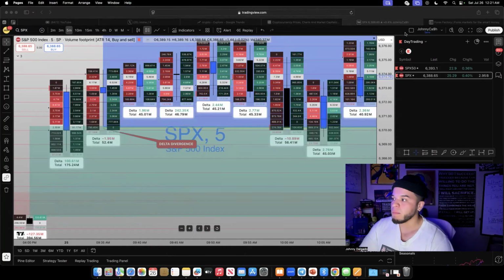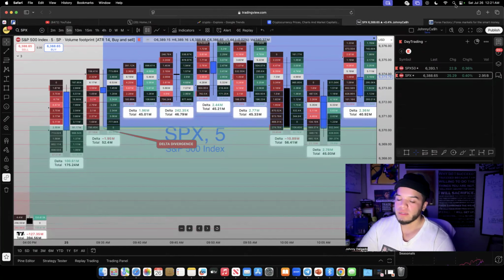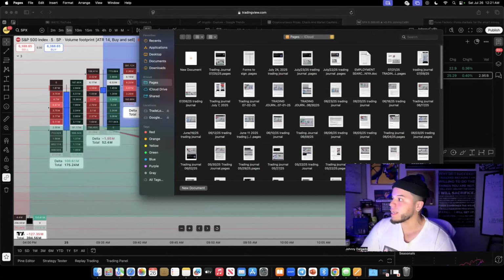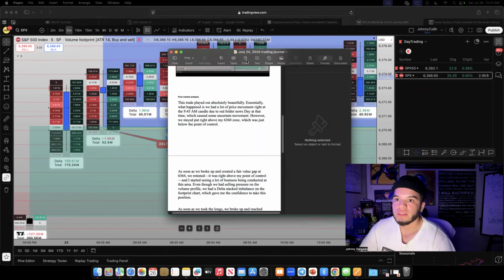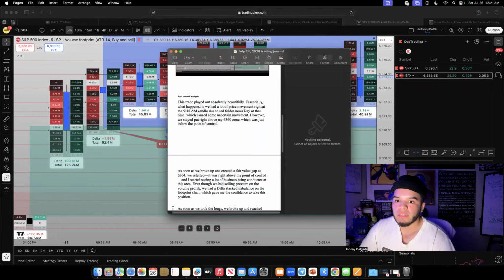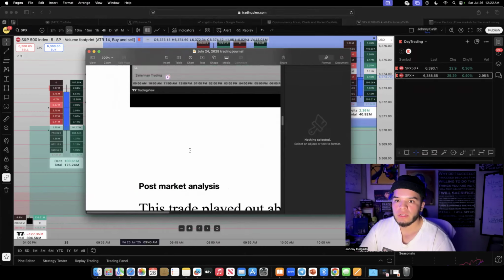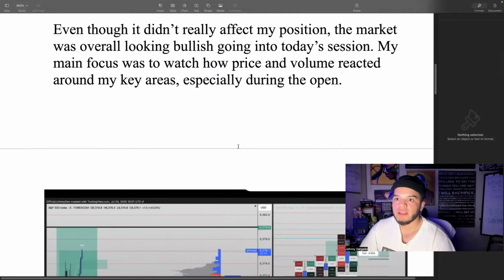I'll show you another example because again, it's always super important, guys, to have your journals written down. But again, this is why I like order flow, because it allows me to see what is going on within the candle. This is my other trading journal. Let's look at this one, for instance. Let me make this a little bit bigger. I'm going to zoom in to 300 and pull this up here. You guys can see here,